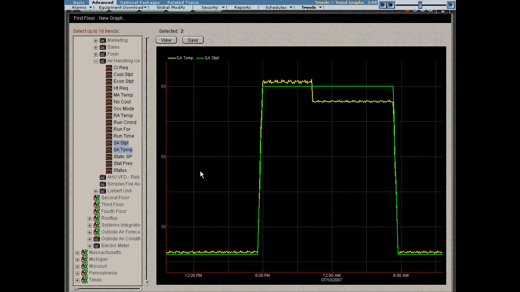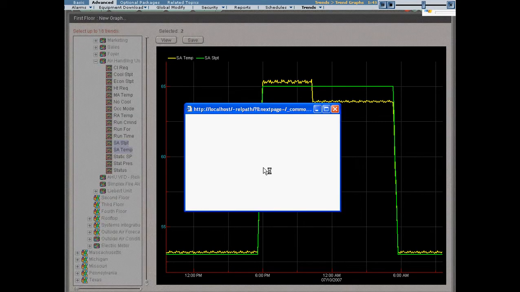Now, suppose I want to save this permanently in the system. Why would I want to do this? Well, suppose the user often came in and looked at the supply air temperature and set point together. Instead of making them go through this routine, I can simply create a permanent graph that they can access at any time. I'm going to click Save,